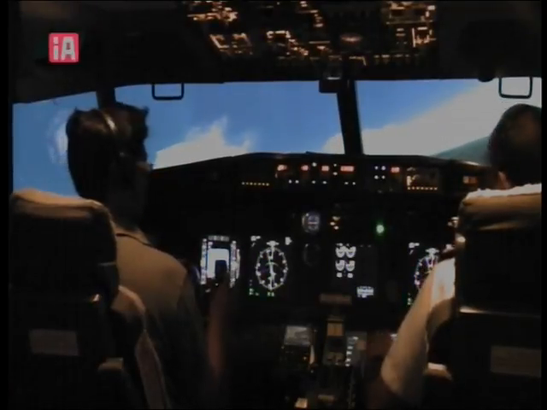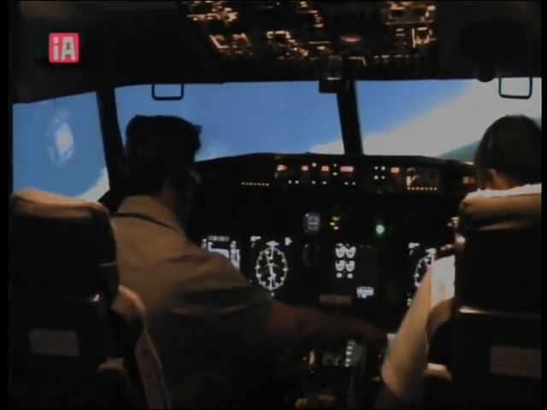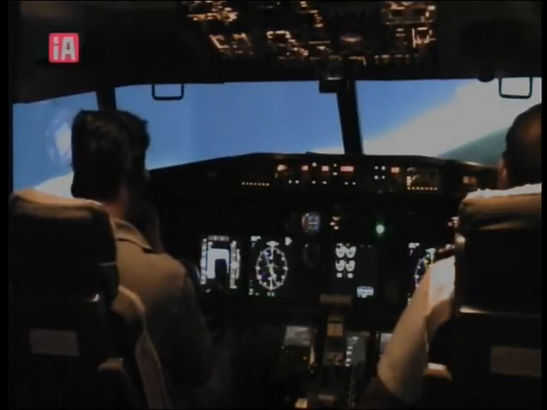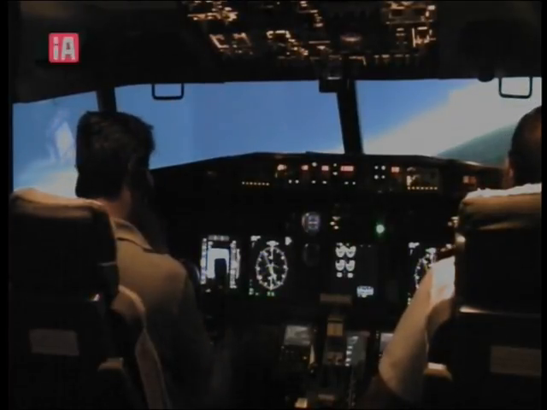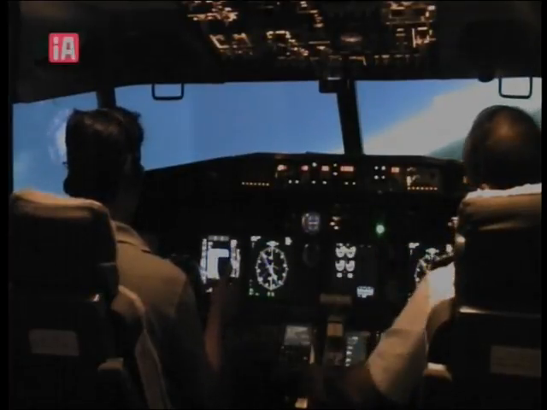Okay, we'll go to flaps 1 and flaps all the way up to 0. Yep, we're now going to lower the nose slightly, and with your right hand bring the thrust levers back to